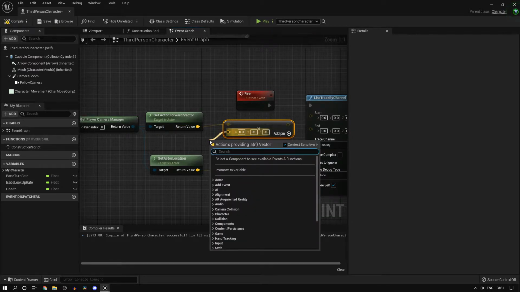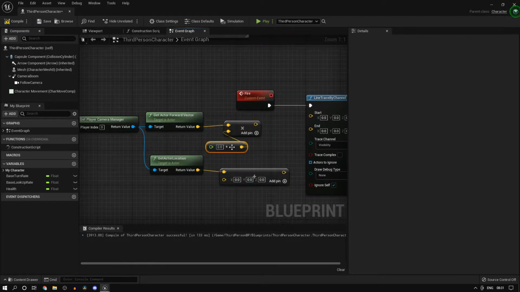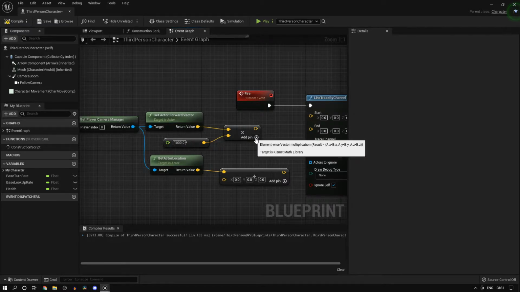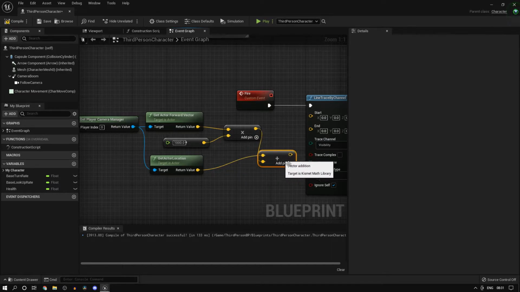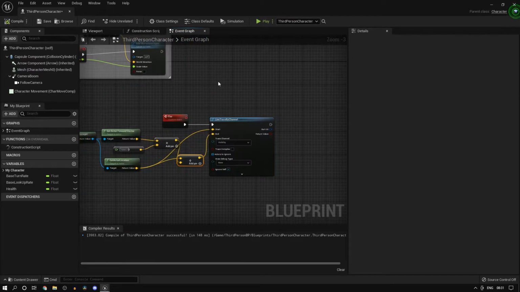In order to get a constant that's the same on all the axes, we use To Vector (float), so it'll be in this direction multiplied by the magnitude. In this case let's say 1000, and hook this up to the plus here. This will be the trace end, and the location of the camera will be the trace start. Let's compile that.